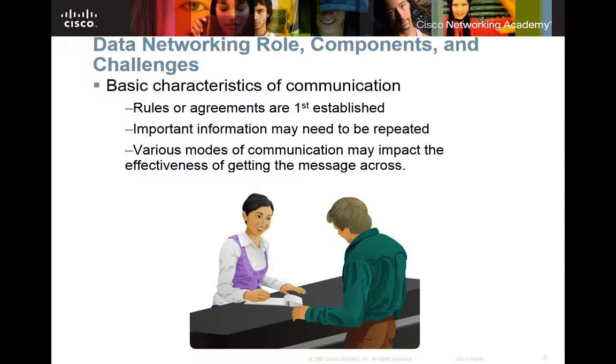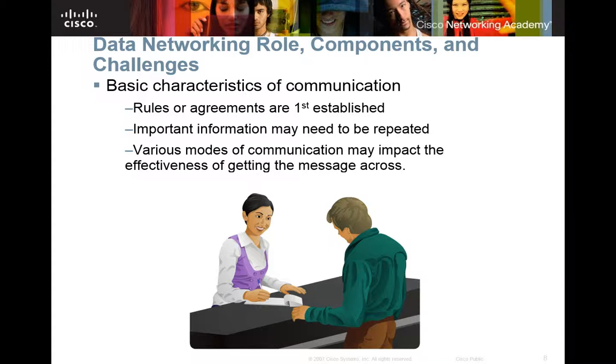Basically, a basic characteristic of communication: first, you have the two participants involved. Rules are agreed upon in the first statement that is sent out. So if Lance spoke nothing but German and I speak English, what is our communication language going to be? It could be either or, right? If I spoke German and he didn't speak English, we could sit here and agree that we're going to talk in English so he will be able to talk to me.